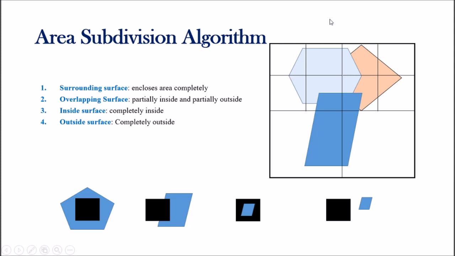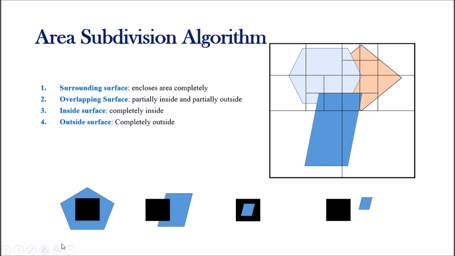Again, wherever there is overlap, divide it again. So you have divided it. Here there is no overlap of surfaces, here there is overlap of surfaces, and here also no overlap, so again you have to divide. This is a continuous process, and the final division goes down to the pixel level. At pixel level you can easily calculate the depth value.